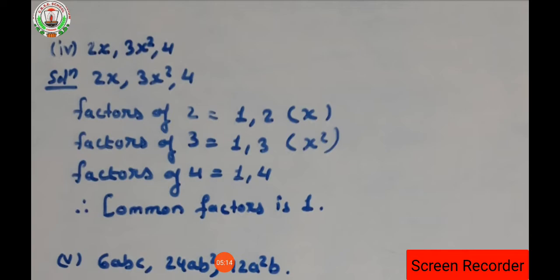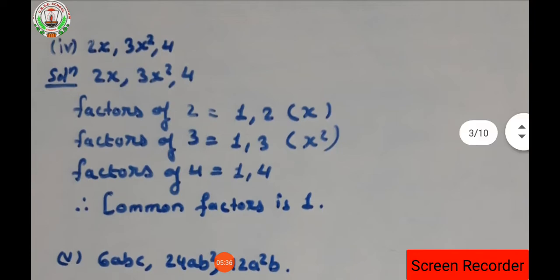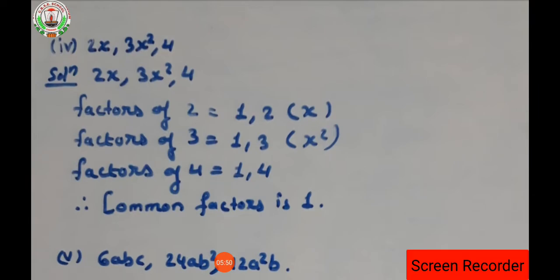X is there in the first term, second term 3x square is there, and in the fourth term no variable is there, it is alone, that is 4, isn't it? So what will be the common? 2 is not common, 3 is also not common, and 4 is also not common, isn't it? What is common here? That is in the form of number, that is 1. Why is 1 common? Because in one table 2, 3 and 4 all come together, that's why it is common, isn't it? And why is x not common here? Because in the last term 4 does not have x, 4 doesn't have x, that's why x is not common over there. So the only common factor is 1.